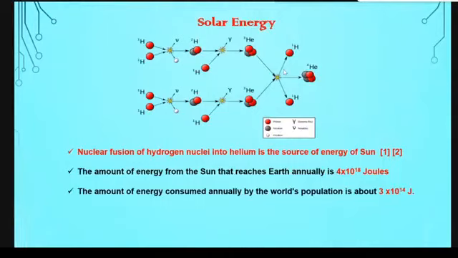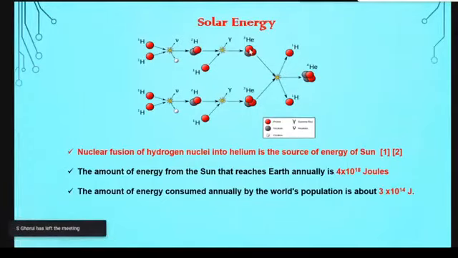And you all know about Einstein's theory, that is E equal to mc square. Here m is the mass defect. So when two nuclei combine together to form a bigger nucleus, then there is a difference of mass between reactant and product. And this difference of mass will create a tremendous amount of energy. So you can say the main source of energy from the sun is the fusion reaction, or you can say nuclear fusion reaction. And that fusion reaction generates a tremendous amount of energy.